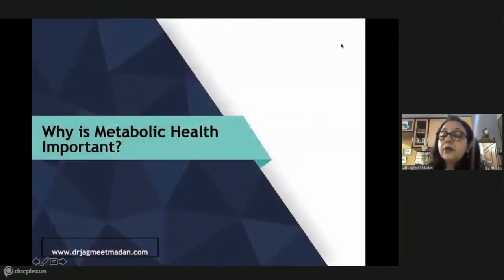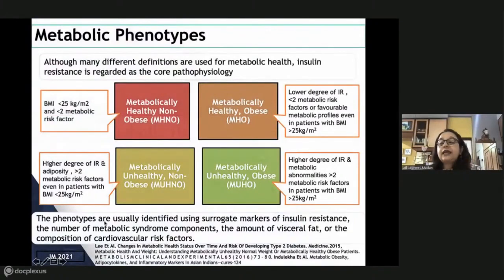Now, the question is, why is metabolic health important? Okay. Now, if I have to explain to you why metabolic health is important, let's understand that if I have to classify a given population into phenotypes which are based on the metabolic health, I will find 4 types of phenotypes, right? I may have people who are metabolically healthy, and I'm sure all family physicians will understand that,